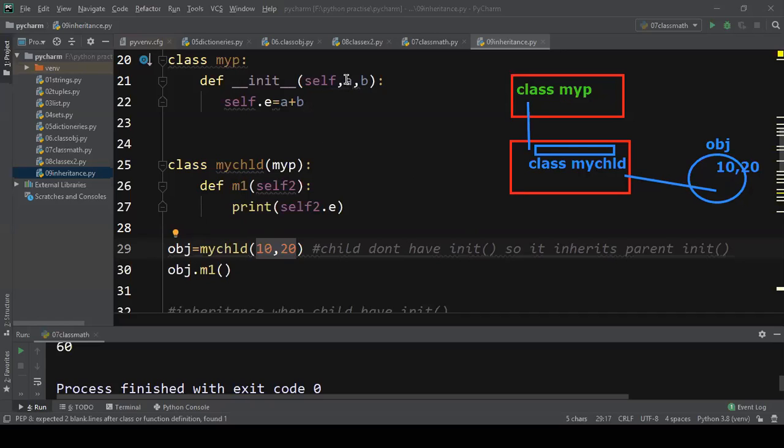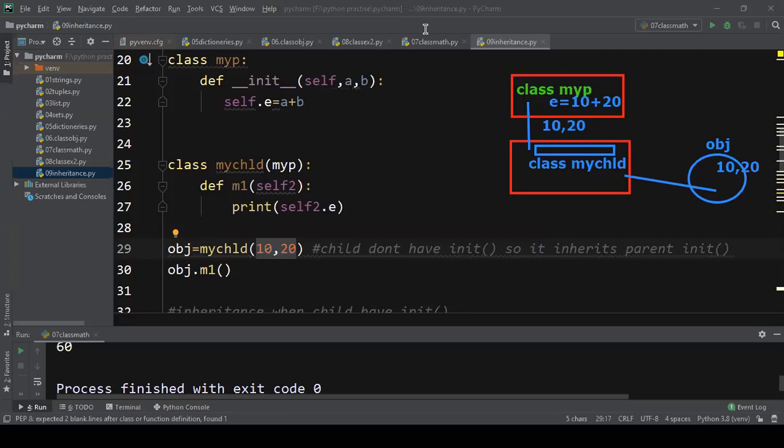So 10 will be stored in A and 20 will be stored in B. 10 plus 20, 30 will be stored in E. So with this single line, 10 and 20 will be taken by my child, and that same 10 and 20 will be passed to my class parent, and here my class parent will add 10 and 20 and store the result in E.